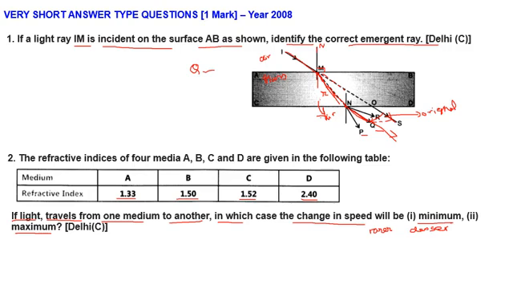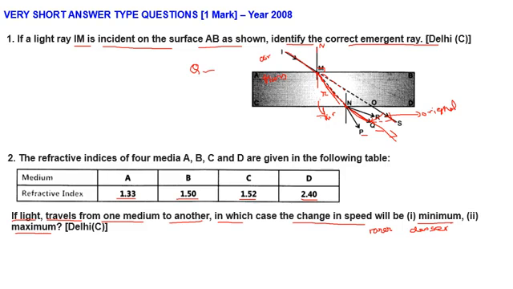It is telling me that when light enters a particular medium, its speed gets lesser as compared to the speed of light in air. So there is a change in the speed of the light. The more the refractive index,